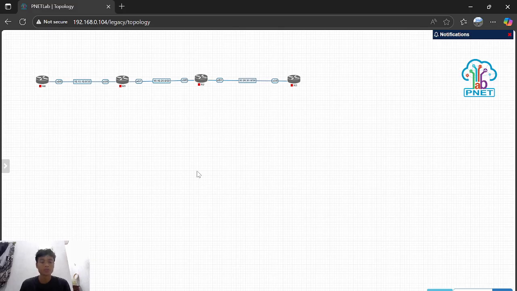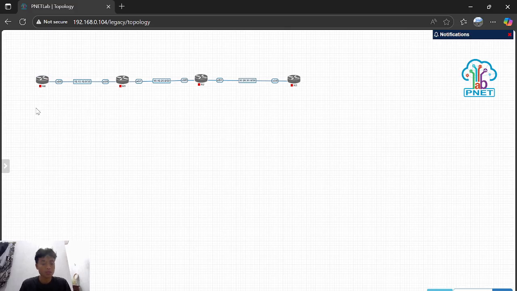This is a mesh topology, a bus topology, which is this L4 and this L1, L2, L3. After you configure it, you can communicate from L4 to L3 or L3 to L4. So let's try the configuration.